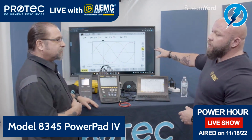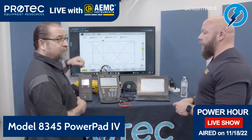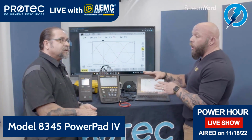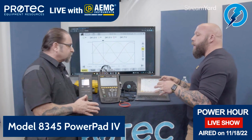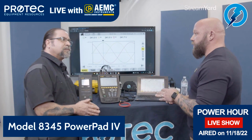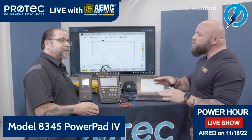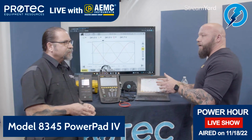So we can see it on the computer screen here. So that's actually coming via Wi-Fi? Straight off of my laptop. Yeah. And what I love about this is it's a direct emulation of what's on the instrument itself. So I'm not looking at an interface that models the instrument. I'm looking at a direct interface controlling the instrument, and I can see all the screens as it would show up on the instrument with just a slight bit of latency, primarily from the communication from the Wi-Fi